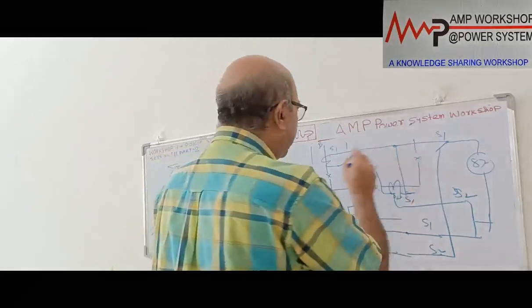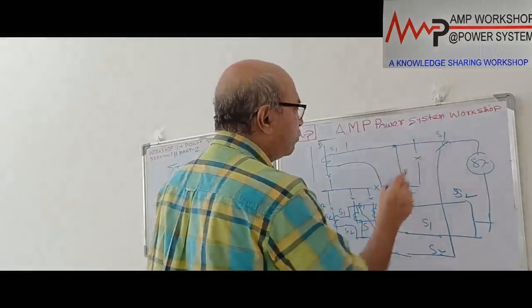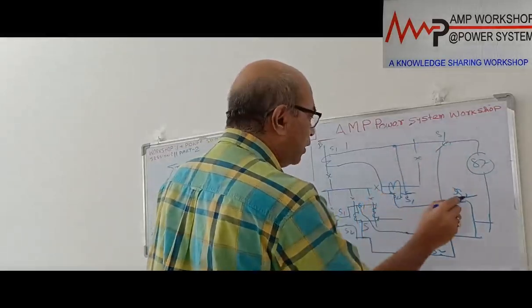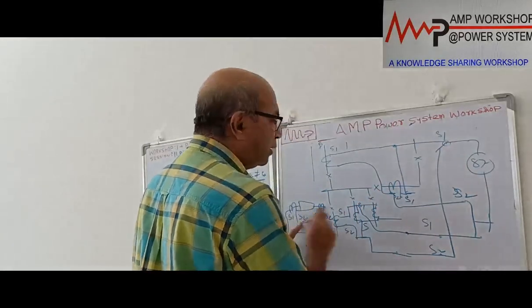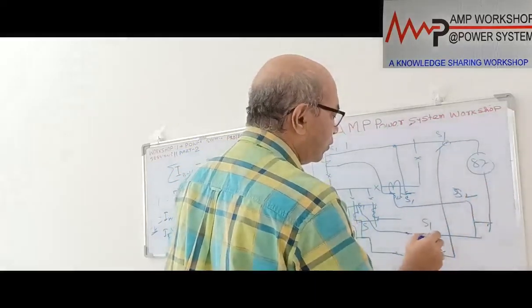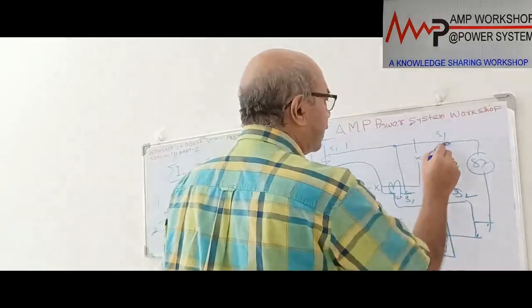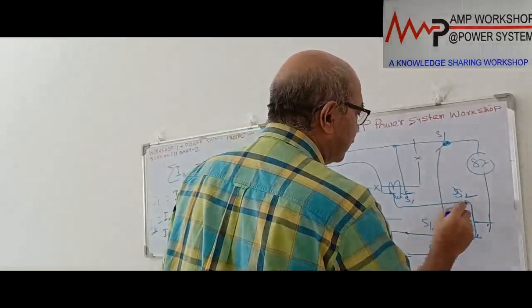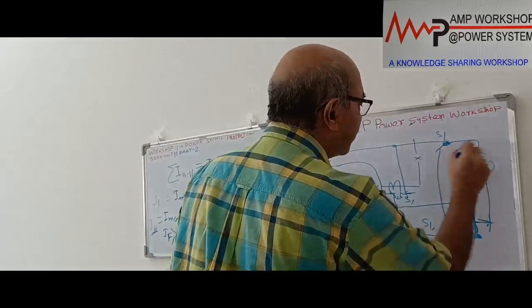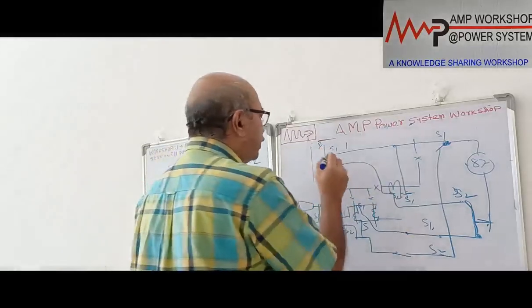We have done the same thing. This is incoming S1. All S1 are starting over here, and this is S2. This S2 is connected to this S1, and the relay is connected between these two. So we have done it the same way. This S2 and S1 are connected over here, and this S1 and this S2 are connected over here. The 87 relay is connected between these two. So this is the bus differential. If it is one phase, suppose this is the B phase.